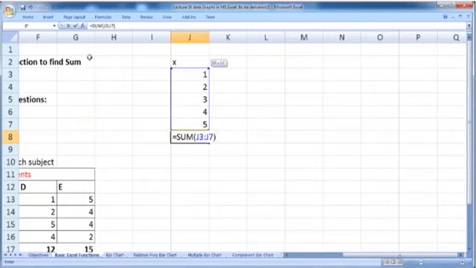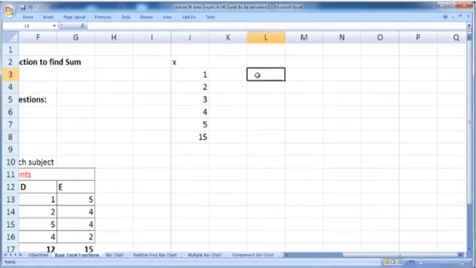Sum J3 to J7 means this will add the numbers located in this range, J3, J4, J5, J6, J7. These 5 numbers will be added. Just press enter. The sum of these 5 numbers is 15. So this is how we can use the sum function.